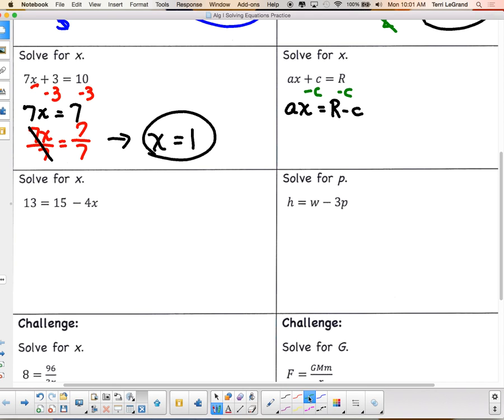What are we going to do next? Well, yeah, we're going to divide by A. So ax is going to get divided by A. R minus c is going to get divided by A. Because our goal is, again, get x alone. X is being multiplied by small a. So we have x equals